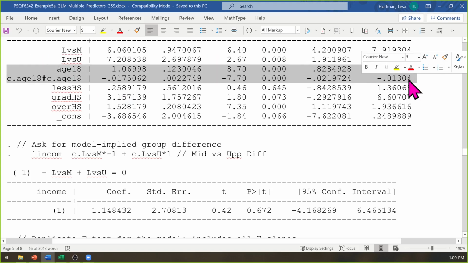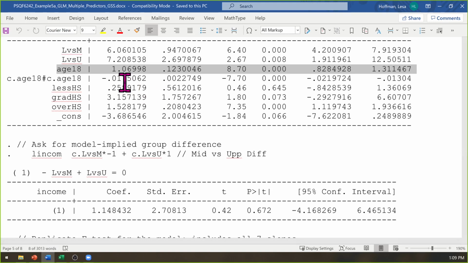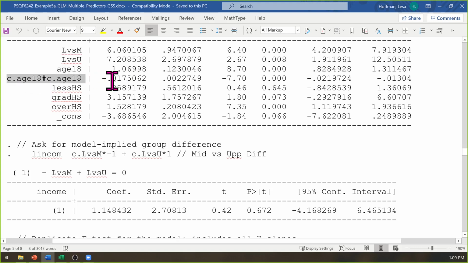Okay so far? So then we have the coefficients for age. So at age 18 is what that slope refers to. So 1.06 is the change in income per year of age at 18. That positive linear slope for age becomes what as age increases?